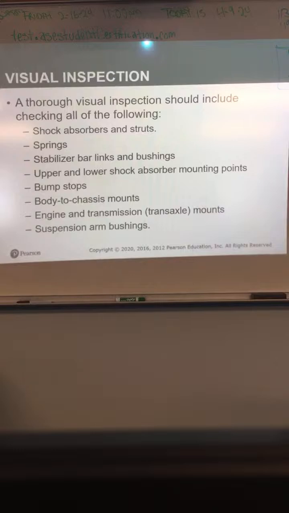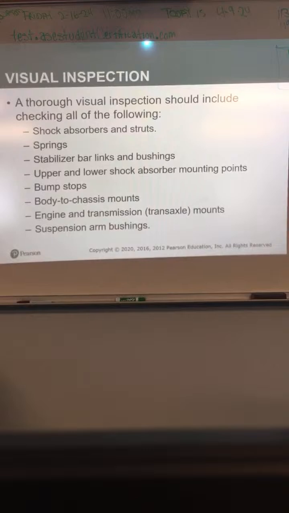Springs, that's going to change the height. The car's going to be sagging if the springs are bad, because the spring's actually what holds the weight. The shock absorber just dampens the bounce, okay? Stabilizer bar links and bushings, that's your sway bar, for cornering. Upper and lower shock mounting points if there's a problem, bump stops, body to chassis mounts, engine and transaxle mounts,